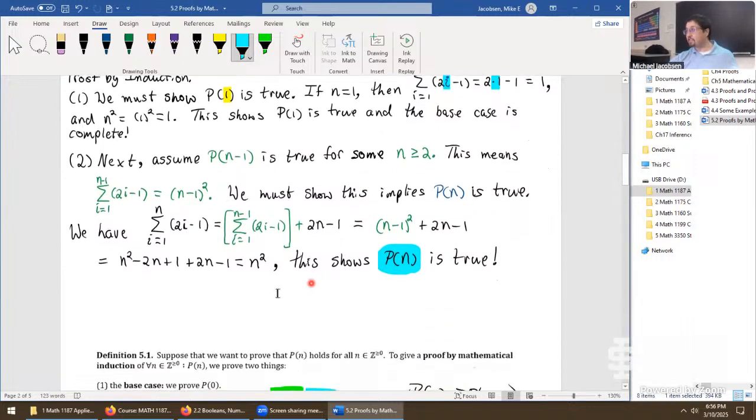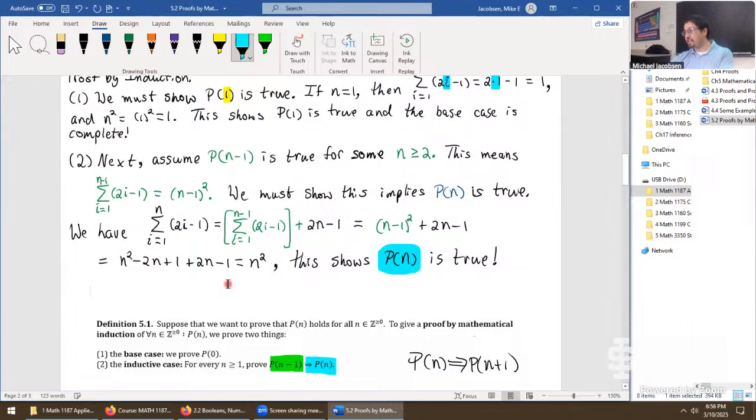That was the inductive case. Let's pull up that definition now that we're at that stage. The deductive case was prove that the prior n minus 1 value, if it's true, and we assume it's true, we'll conclude that the next value, P of n, must be true. That's where we got to. So we can now say